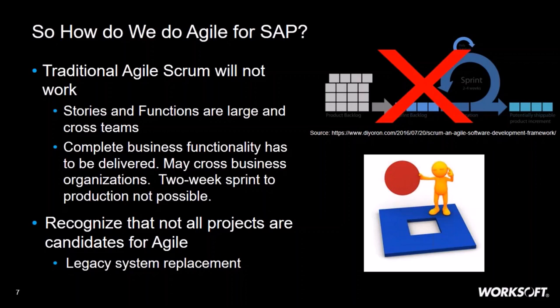Also, a legacy system replacement. Think about replacing an existing MRP system. You can't really piecemeal replace that functionality, right? It has to go in one pass. So it tends to be more of a big bang deployment. Now within that, you might iterate, you might have some Agile types of components, but it's not as though you're going to replace that application in a drip by drip manner.